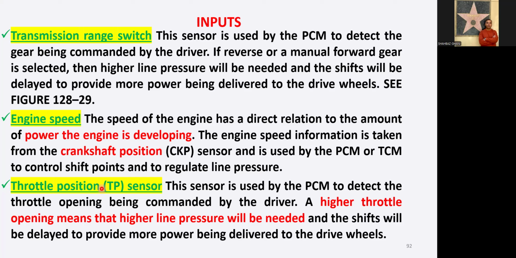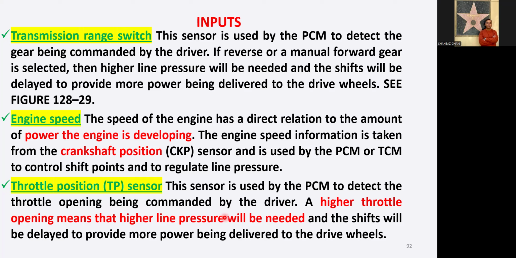Then next is the throttle position sensor, TP sensor. This sensor is used by the powertrain control module to detect the throttle opening being commanded by the driver. So everything depends upon the driver's throttle. If he gives more throttle, it means we require more power. More power means more air-fuel mixture, and more air-fuel mixture means more power, so you require more speed. So you require a planetary gear system, the automatic transmission, to work in a higher speed range, so that